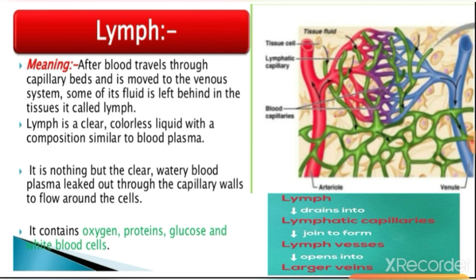So here in the picture you can see the green ones are the lymphatic capillaries. These lymphatic capillaries also make a network along with the blood capillaries. These lymphatic capillaries are collecting all those materials which have not gotten into the capillaries, or which are not received by the capillaries.